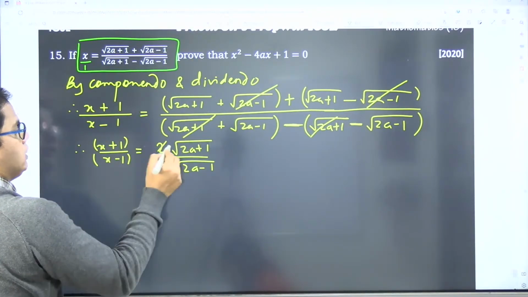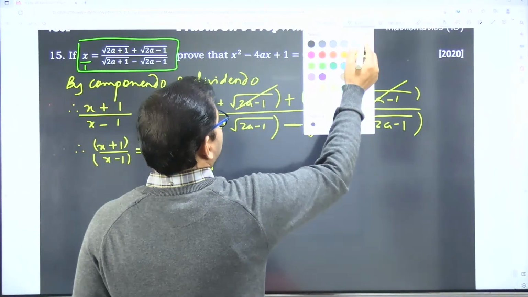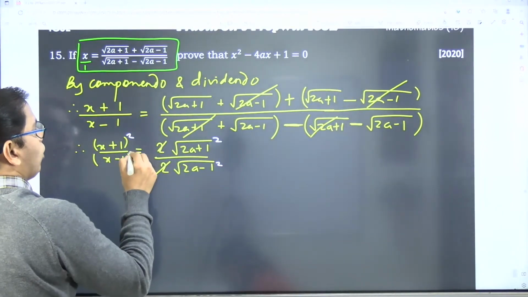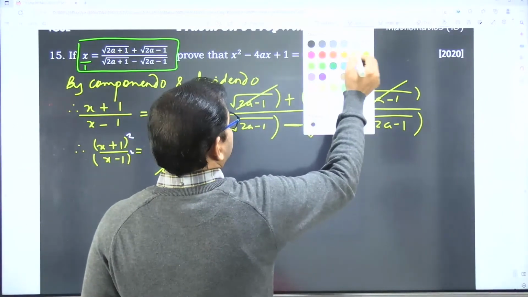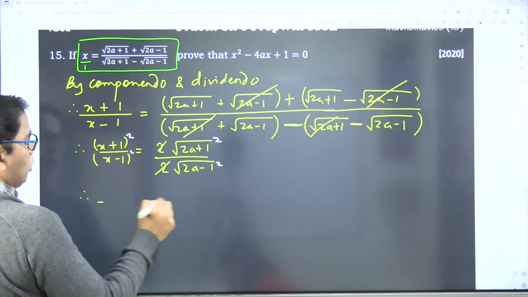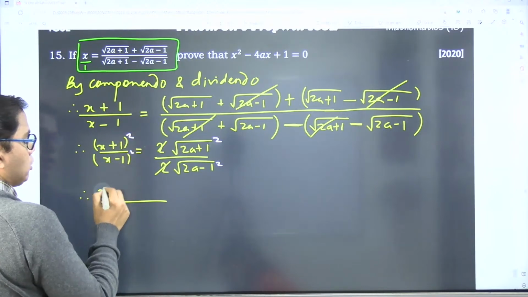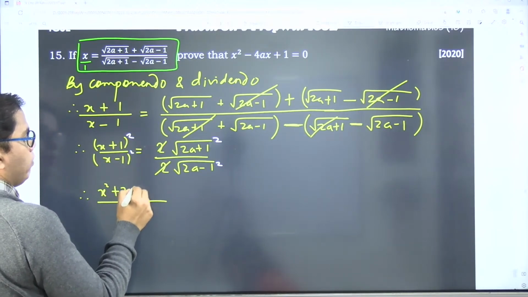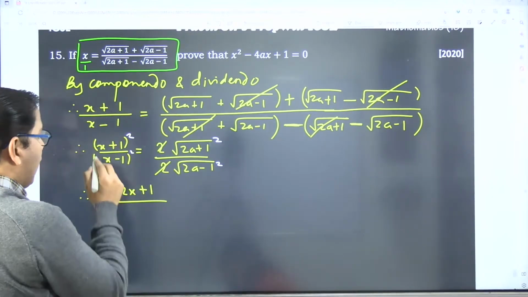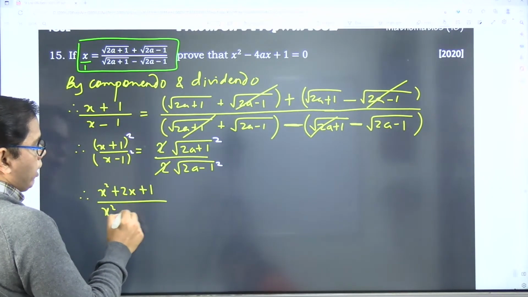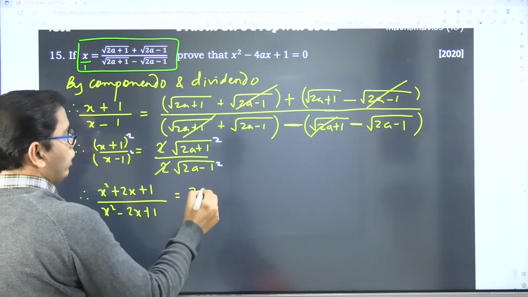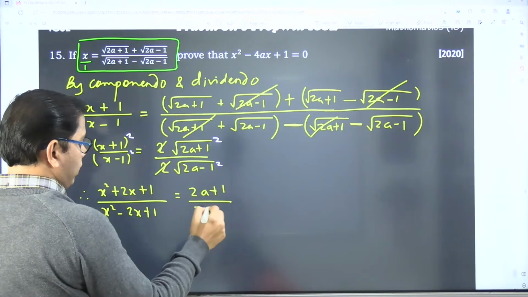What I will do is, ये root है, इसको हटाने के लिए मैं क्या करूँगा? उसका opposite operation, which is square. So taking squares on both sides. What am I getting? तो ये मिला मुझे x plus 1 the whole square. Same formula, (a plus b) the whole square is a square plus 2ab plus b square. Right? I hope आप लोगों को ये आता है. Okay, and (a minus b) the whole square is a square minus 2ab plus b square is equal to (2a plus 1) upon (2a minus 1).